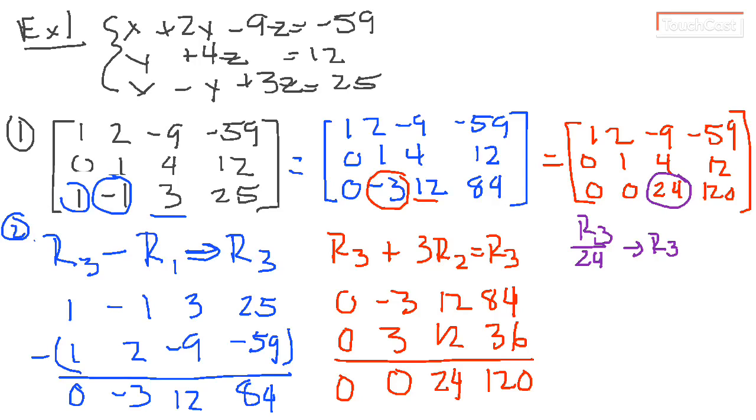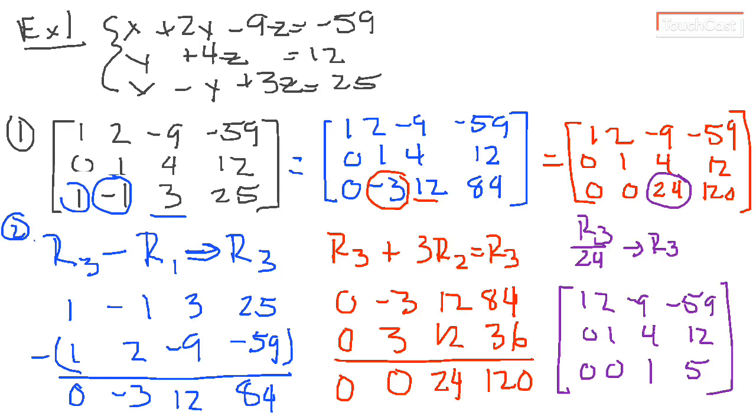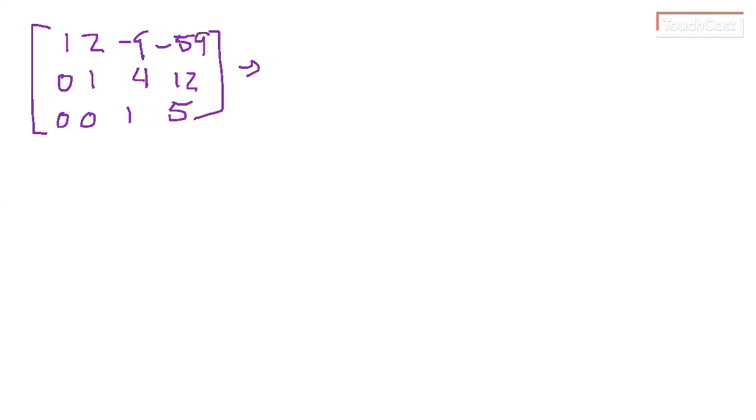Now instead of writing it all out, I'm just going to rewrite the matrix. So we have our first 2 rows, 1, 2, -9, -59, 0, 1, 4, and 12, 0, 0, and then 24 divided by 24 is 1, and 120 divided by 24 is 5. So we're almost there. I'm going to rewrite this as a system. So now as a system, this looks like x plus 2y minus 9